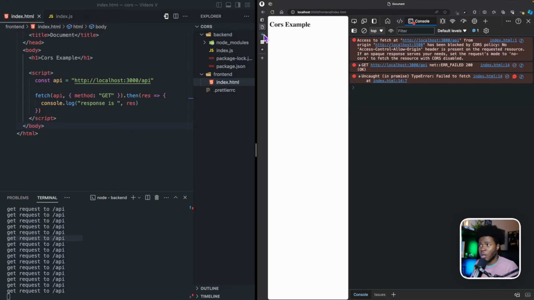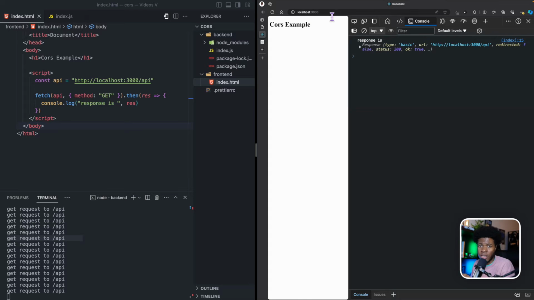Now, sometimes when you're building applications, you might have your front end and your back end on the same origin, and all of that works fine. You don't need CORS for that, but that won't always be the case. Sometimes you might want your front end on one origin, but then you want your back end, your API, on another origin, and you need to be able to create an effective and even secure communication between these origins,